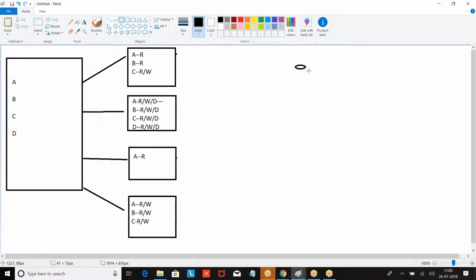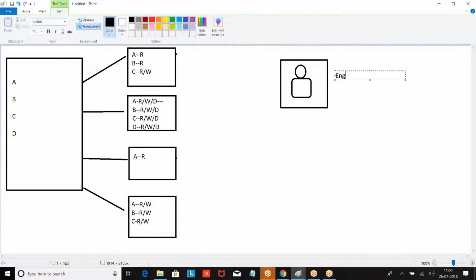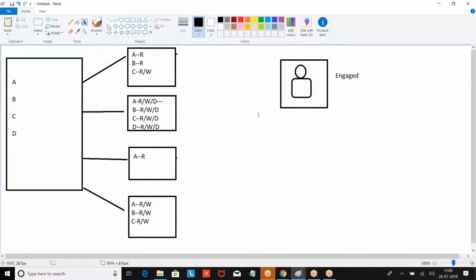Now let us say we have a person who has a profile. He is not married, boss, just engaged. This fellow forgot to wish her on her birthday. He got engaged, but he forgot to wish her on her birthday. Then what happened? Will the page layout be shown? The page layout will not be shown because you are not yet married. Only a sample of your future will be shown.